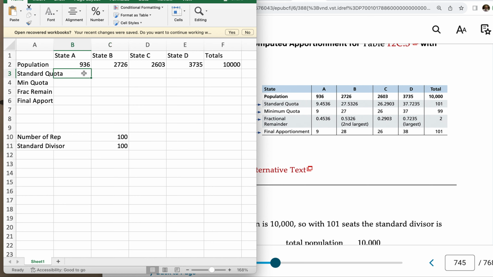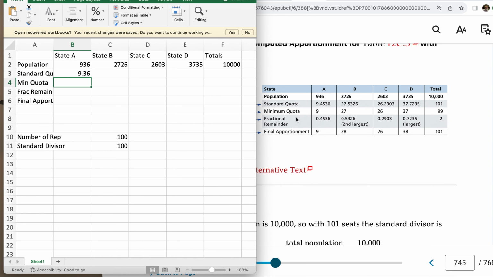So I go up here to find the standard quota. I take the population divided by how many people are represented by each representative to find out how many representatives that state should get. So this is going to be a formula now, because I don't want to do the math on my calculator. This is my calculator, so I say I want this to be the population of that state divided by the standard divisor. And if I press enter, I get the